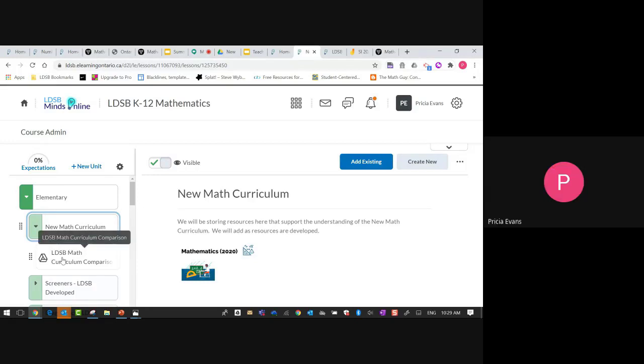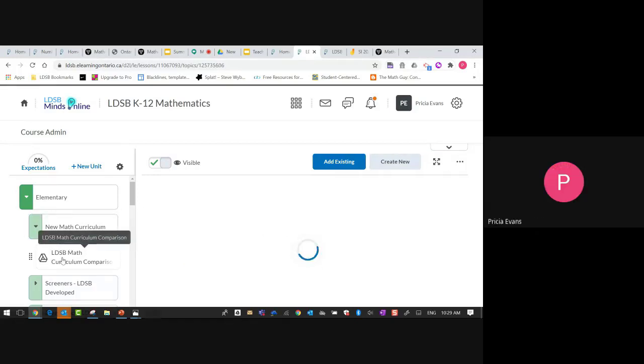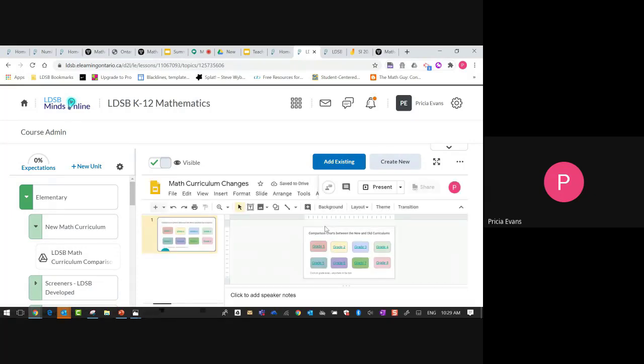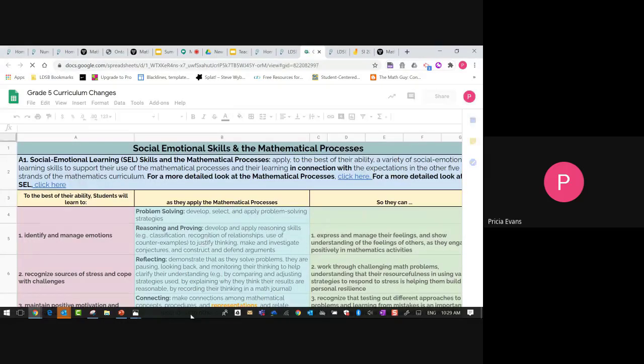Today, what we're going to look at is the curriculum. So I create these charts. They are my interpretation. If you feel like I've made a mistake, please let me know. They're live links. I can change them, or we can have a conversation about it. I'll just open grade 5. You should be able to view it.